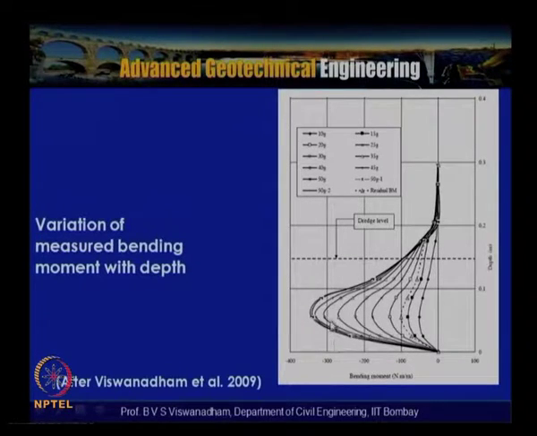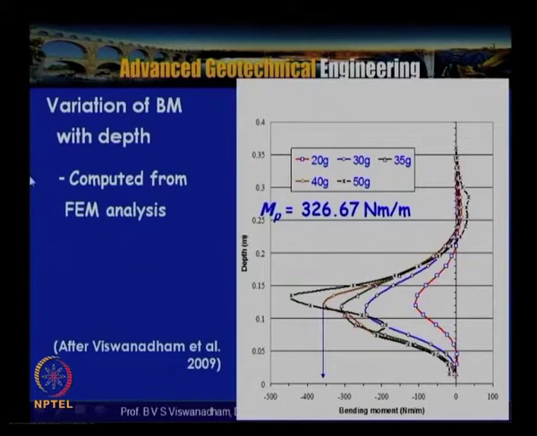You can see that once the centrifuge test reached beyond the gravity level up to 35G, the sharpness of these curves tends to increase. This happened because the wall has been subjected to a bending moment more than the plastic moment capacity of the wall. If that is attained, there is initiation of a plastic hinge, and that is what happened in this particular case.